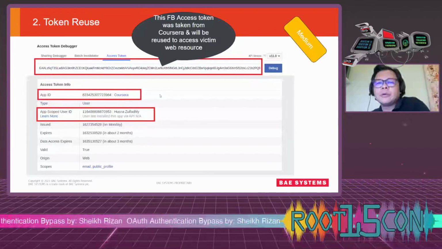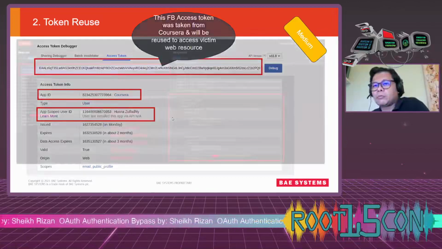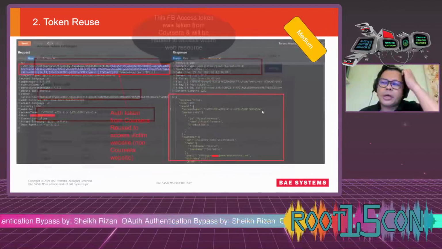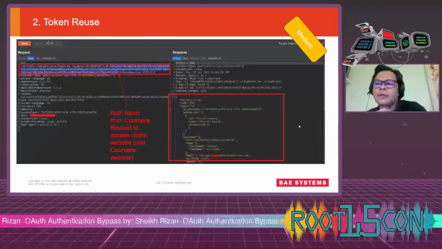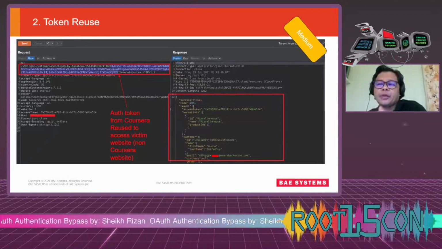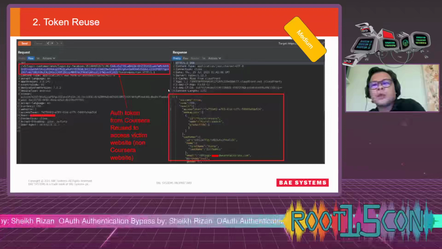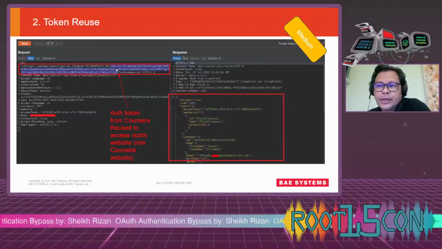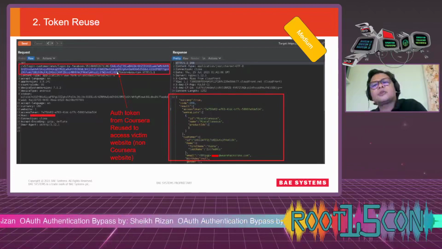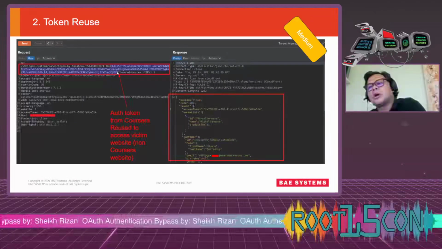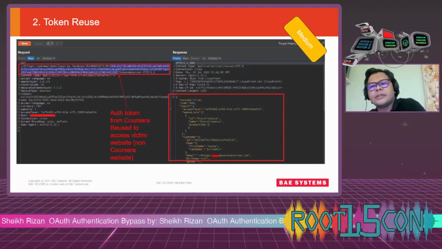All right, so over here, I've used the Facebook access token debugger to just show you what the Coursera token looks like. This is step number 5, after intercepting the packets that go between the client application and the web server. The access token that I highlighted over here actually belongs to Coursera. It does not belong to abc.com. So what I did was I used Coursera's access key to access